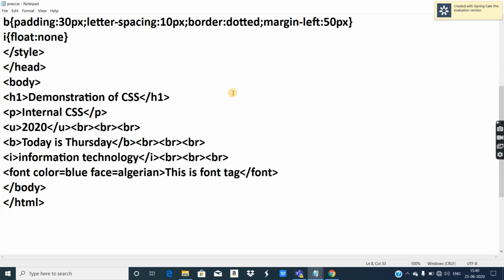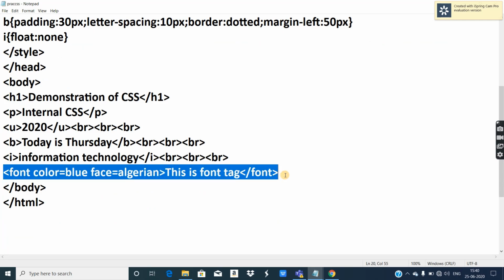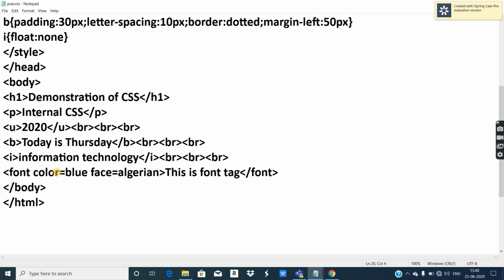Now there is a font tag. See, I have prepared here an example of the font tag. The font tag is available in HTML, which has three attributes: color, face, and also size. In color you can provide whatever suitable color you want. In face you can provide the name of the font, Algerian, Times New Roman, whatever you want. And size, there are 7 sizes in HTML. Only 7 sizes are allowed, and 3 is the default font size. So you may provide any number between 1 to 7. I'll provide 5. And let's see the output of this last line, the font tag.